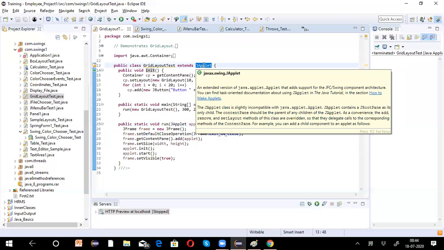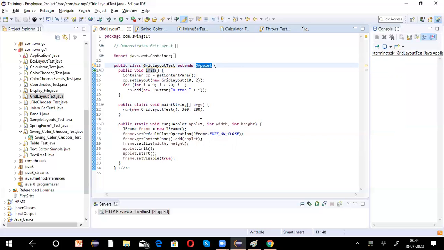The run method acts as a main method inside the applets. Applets do not have a main method because usually these applet programs are executed inside the browsers with the help of the applet viewer. So that is the reason we don't have a main method here. Anyway, we are not using applets anymore, but just for your knowledge, I am taking this example. Okay. So any doubts on this? With this, we can stop.